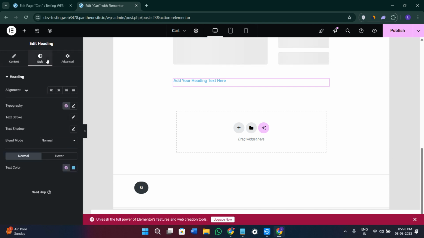Now inside the table, you can go to the style section in order to change the font, the color and the spacing. You can even make it collapsible so that visitors can hide and expand it. So this is how you can basically do it.